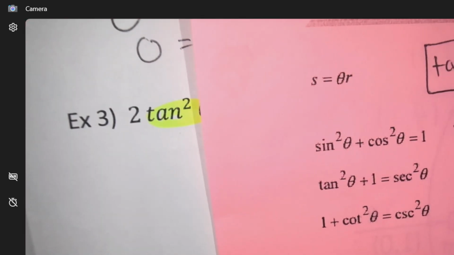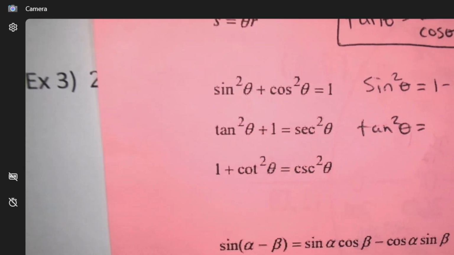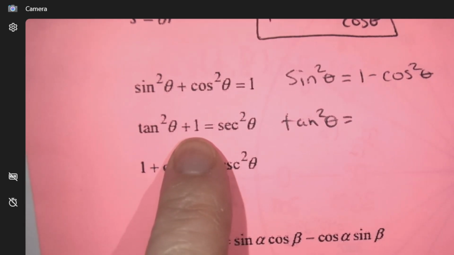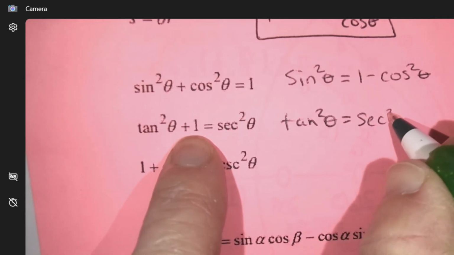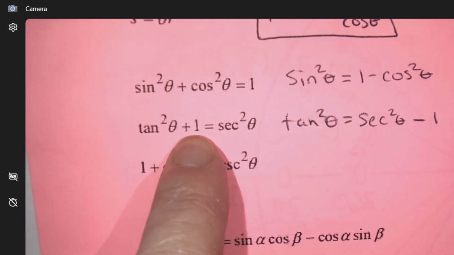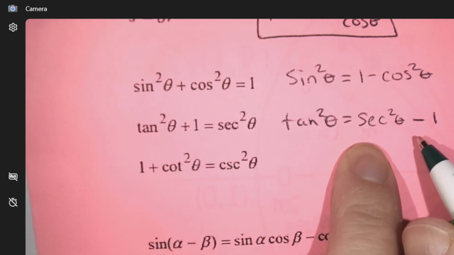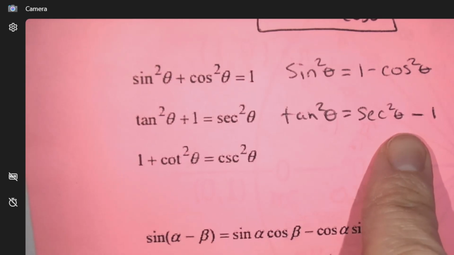Okay, so I want something for tan squared. So if you want this on your paper, how would you get tan squared? So you'd have to move this over. So secant squared minus 1, right? So that's the tan squared value. Okay, there's your replacement then. Secant squared